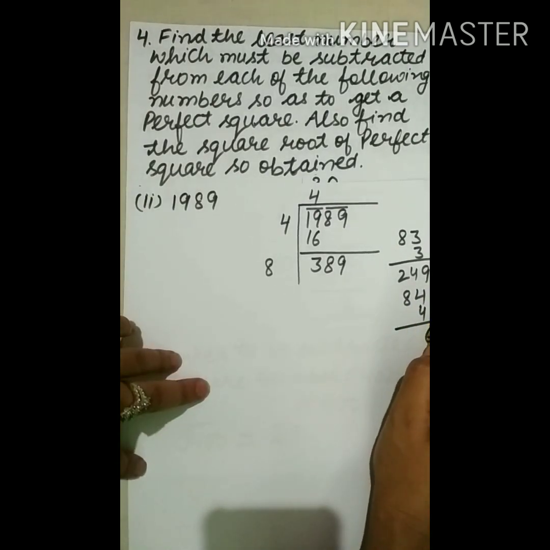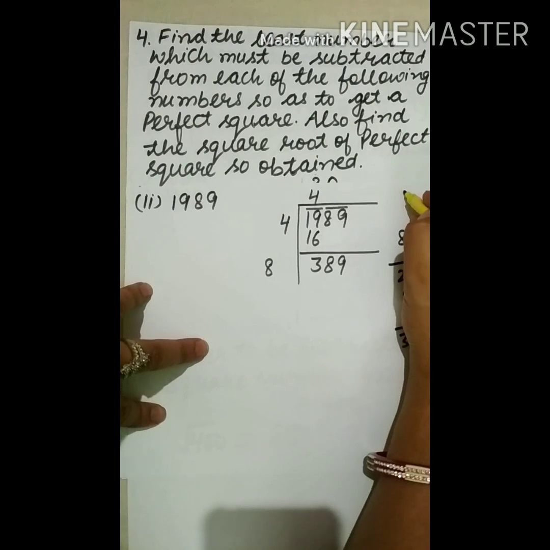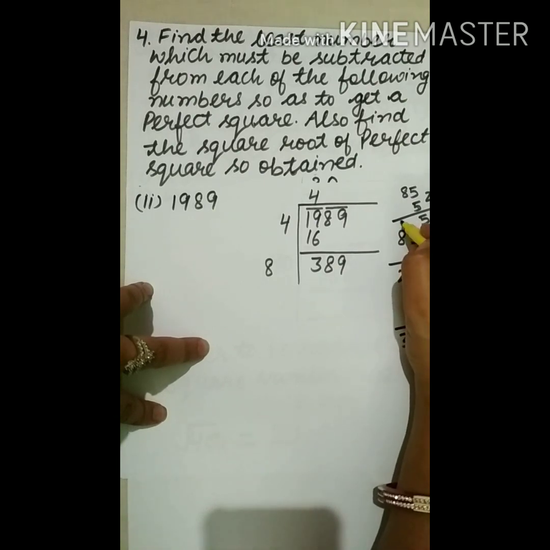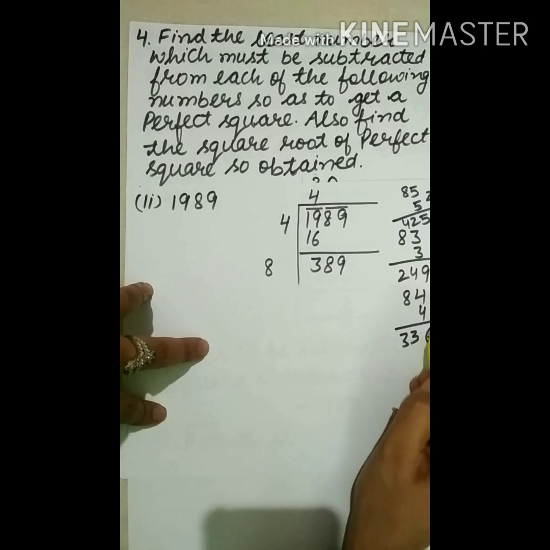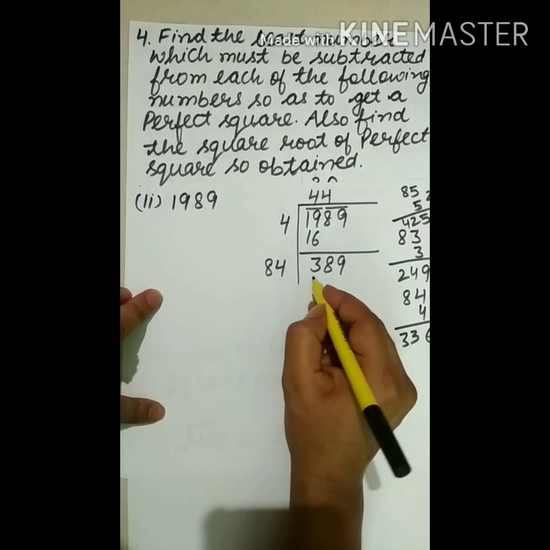1 8 4's are 32 plus 1 is 33, 36. Next you can also try for 5. 5 5's are 25. 2 8 5's are 40. 40 plus 2 is 42, 425. 425 is greater than 389. So I'll take this one. I'll take 4 here. Now it is